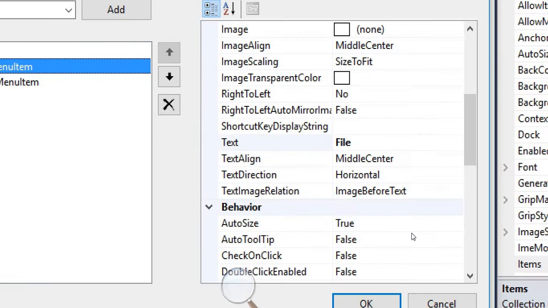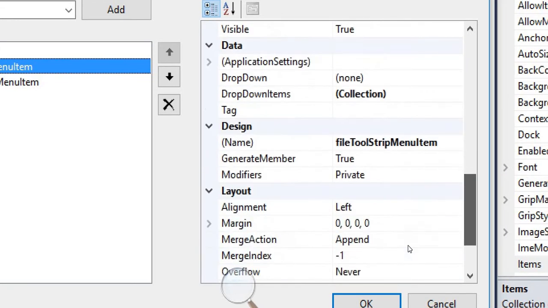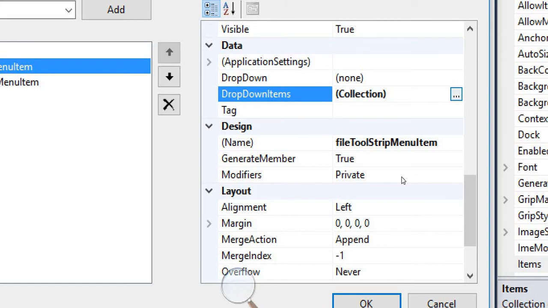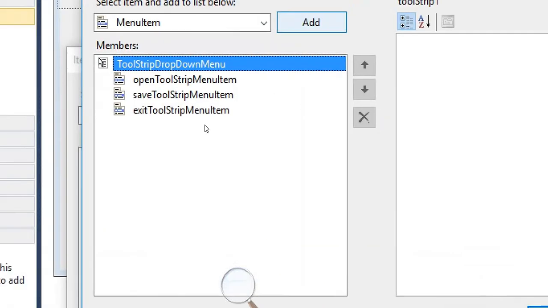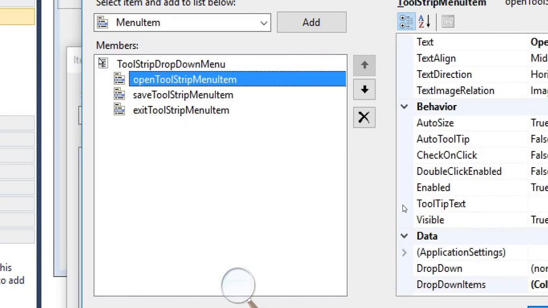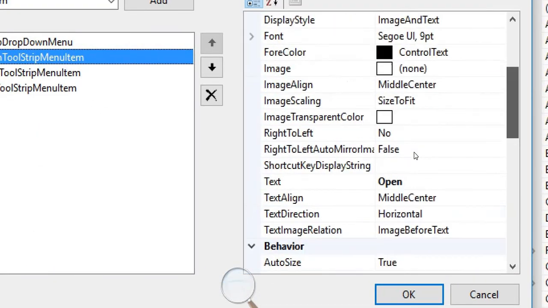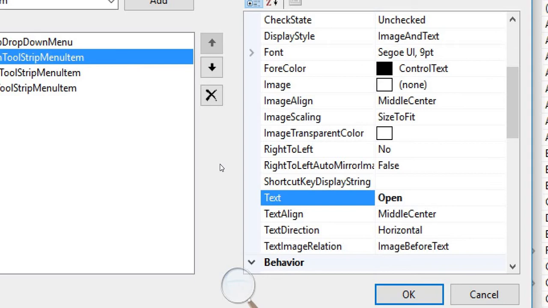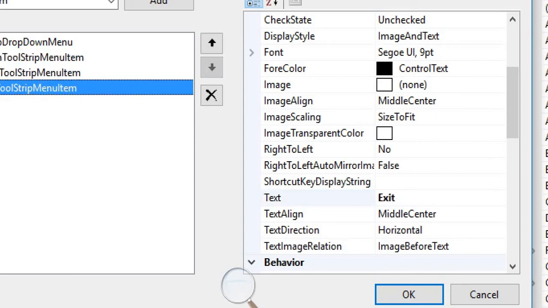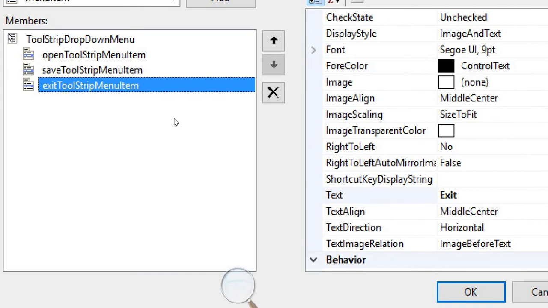In a submenu you have to click on drop down item for the particular tool strip menu item. Just click it, Open, then it will give you other sub options: Open, Save, Exit, whatever you have written.